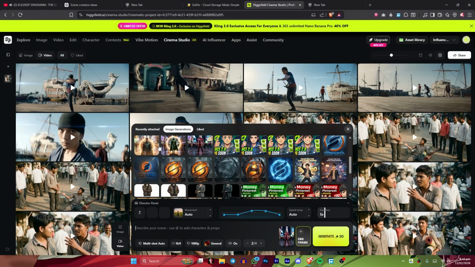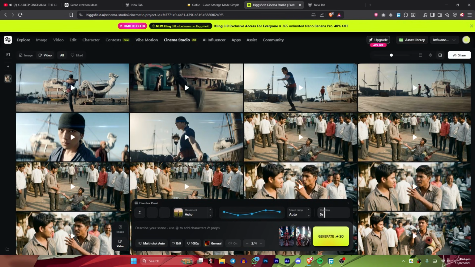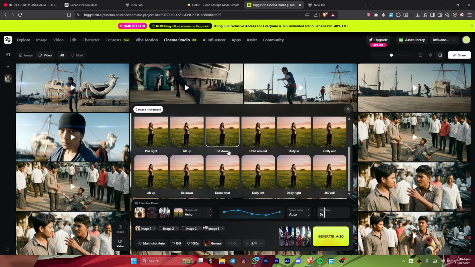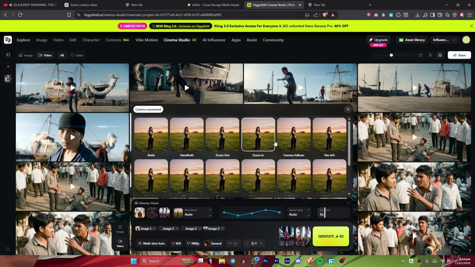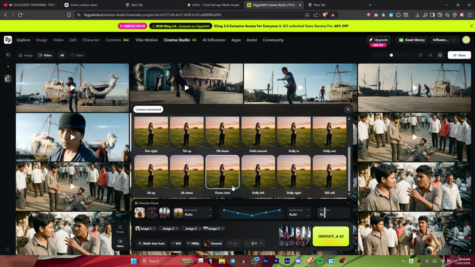Also, there's an option called add dialogue. We can add dialogues to the character. This allows AI to generate cinematic sequences with character interaction. Like if you want them to interact with dialogues, you can also add that. And the next is duration. Here I can select the duration of the cinematic video. Longer duration allows more motion and storytelling. And this totally depends on you, whatever length you want.